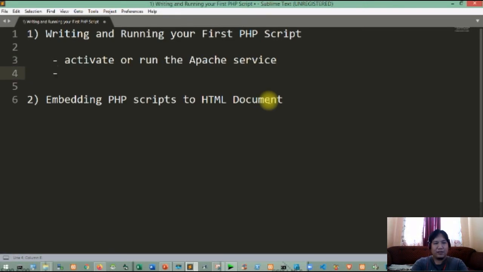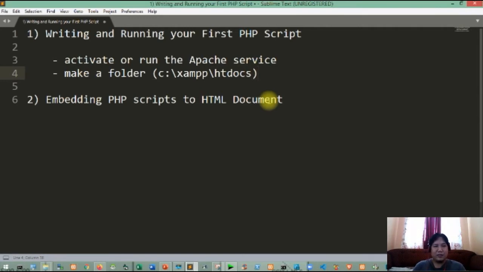The second one is you're going to make a folder, or call this a project folder or directory, inside your XAMPP, particularly in the htdocs folder. So dito mo ilalagay or gagawin yung magiging project folder mo kung saan dito natin isi-save later on yung mga